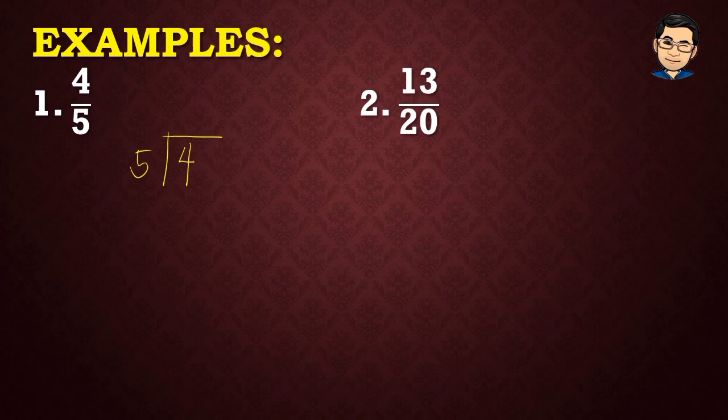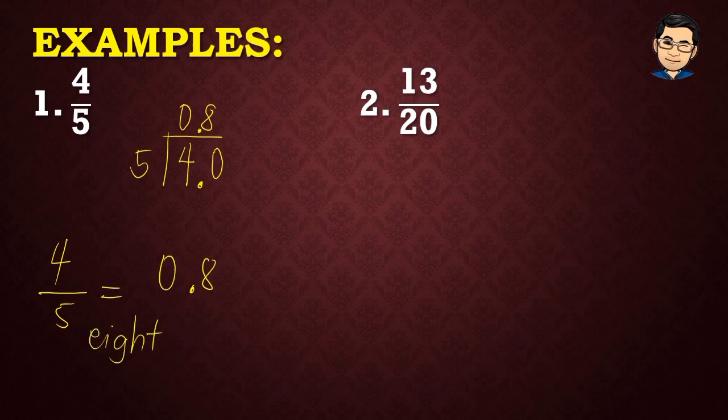4 divided by 5, that is 0. And then, mag-a-add tayo ng decimal point, and then make sure yung decimal point na to, naka-align siya sa itaas. So, magkatapat dapat sila. And then, we add 0. So, 40 divided by 5, that is 8. So, therefore, 4/5 is equivalent to 0.8. So, paano natin babasahin yung 0.8 na to? 8/10. So, sulat natin siya, 8/10. Okay, next,